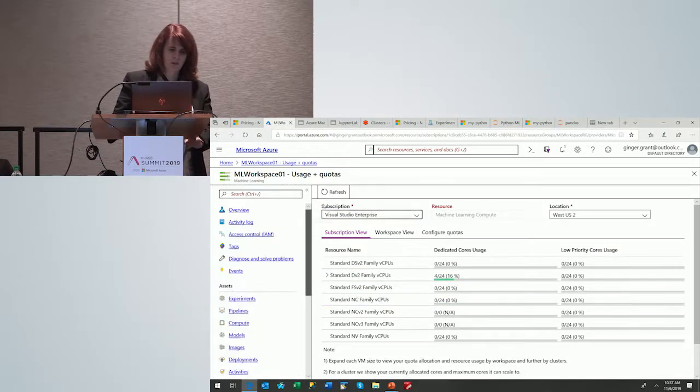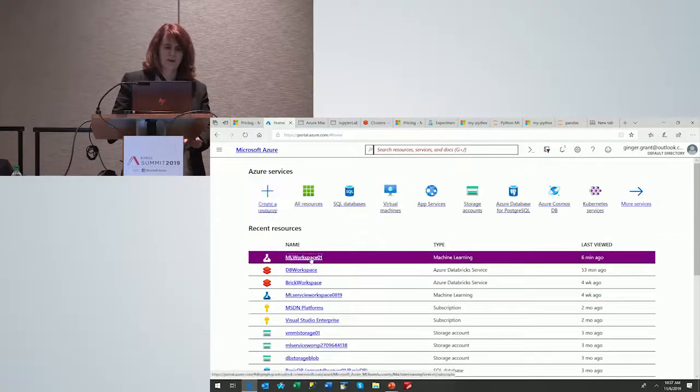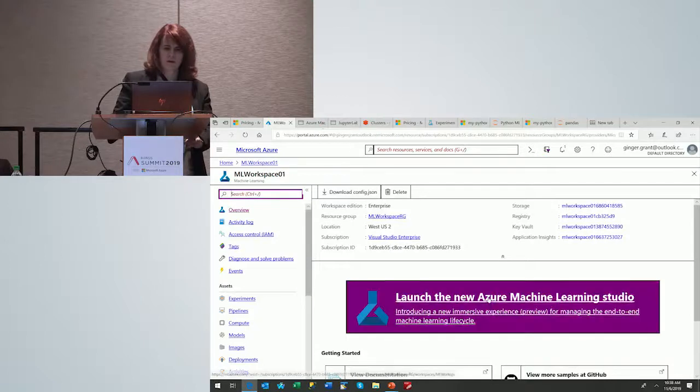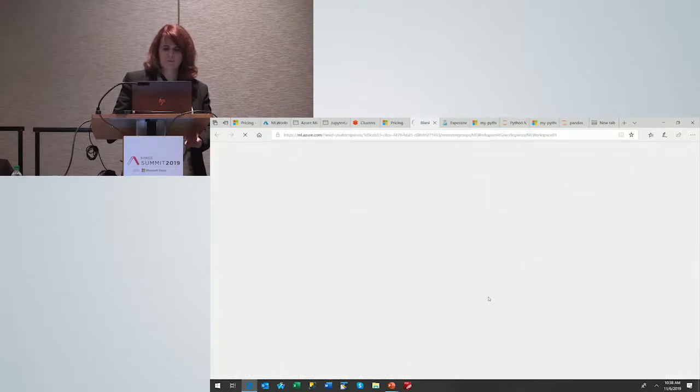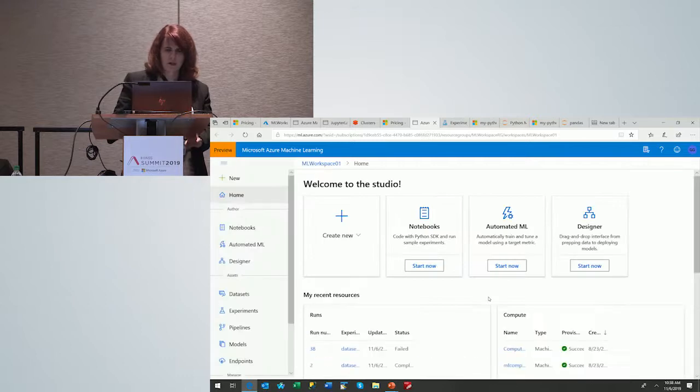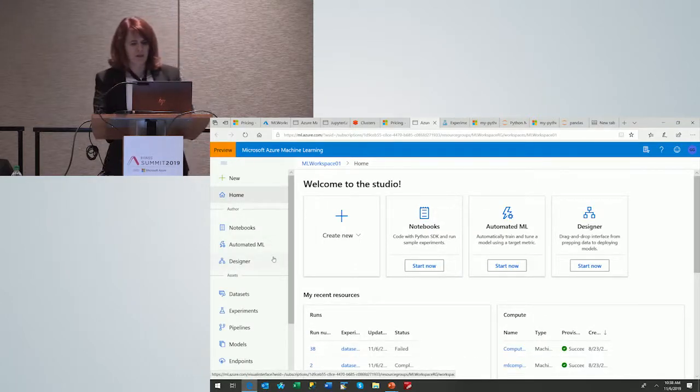Now, I waited for this for later because I wanted to make sure that it worked. But I'm going to go ahead and launch the new interface that they're working on. And this was updated last week, and it has different components even then.